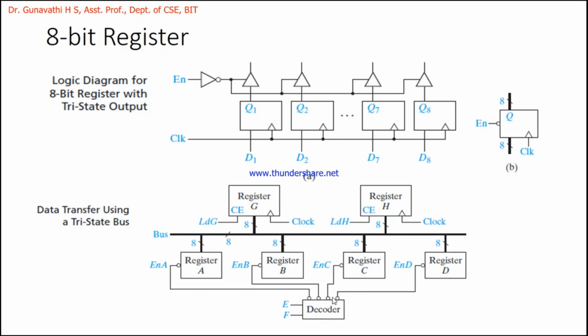These active low outputs of the decoder are connected as the enable bit for all these 4 registers. Again, these are active low enables. Whenever we get a low input, only then will this register activate. In the same way, whenever I give 0 input here, this register will activate. So if E and F are 0, 0, register A is giving the output. If E and F are 0, 1, register B is giving the output. E and F 1, 0, register C is giving the output.